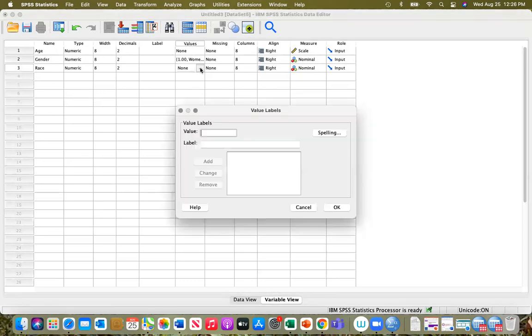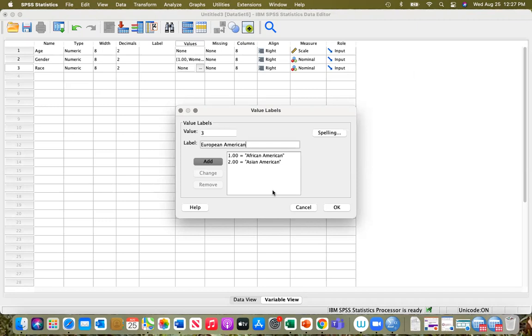And we might want to say that the value ones are African American, twos are Asian, and let's just say threes, European